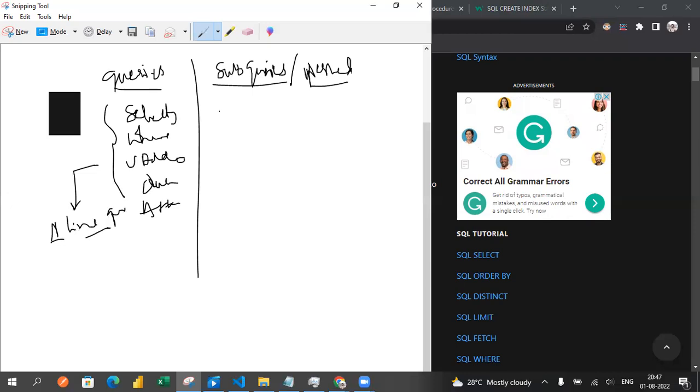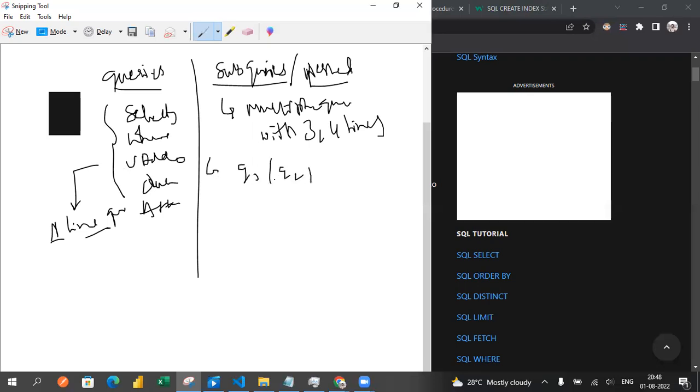What if I write multiple queries with three to four lines? At that time I will fetch a query inside a query: Q1 is inside Q2. Similarly,